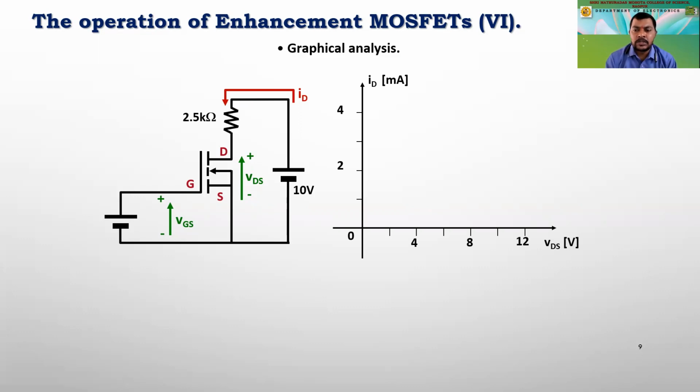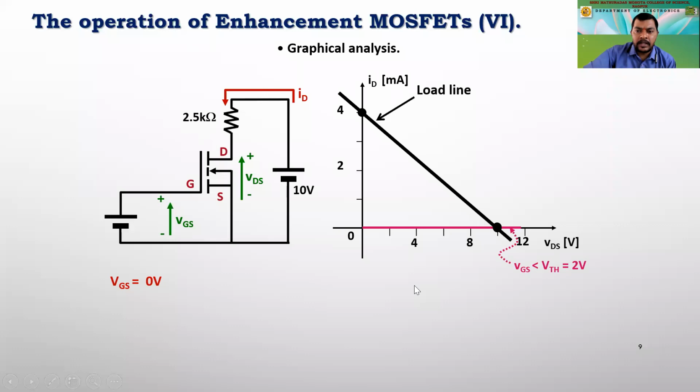Okay, if you try to see the graphical representation of this, we'll come to know that the graph is plotted between the drain source voltage and the ID current with constant gate source voltage. So this is the load line that we have, and this curve is for VGS less than VTH, that is 2 volt, right? If you further see for different gate source voltages, we can have the diagram like this. We have increased it from 0 volt and then taken it to 2.5 volts. So we have this graph. Then from 3 volts, we'll have this.